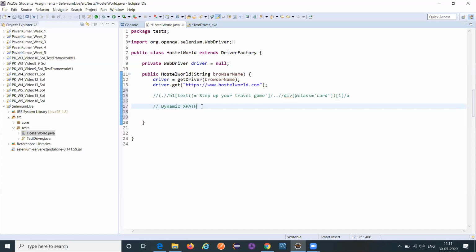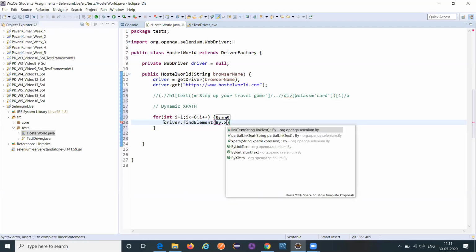Perfect. So now we know that there are 7 cards in that location, or 6 cards, whatever. So can I just simply do this? Can I just say for int i equals 1, I start with 1, i less than or equal to 6, and i++. Very simple stuff, a simple loop that is getting iterated. No problem at all. Can I then say driver.findElement